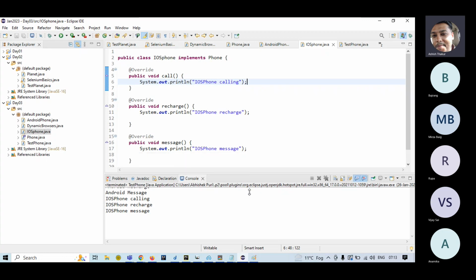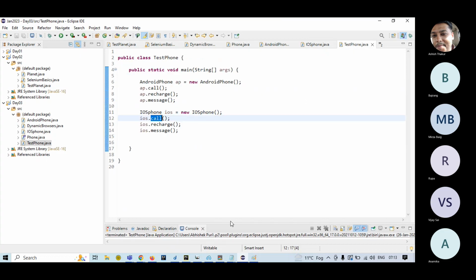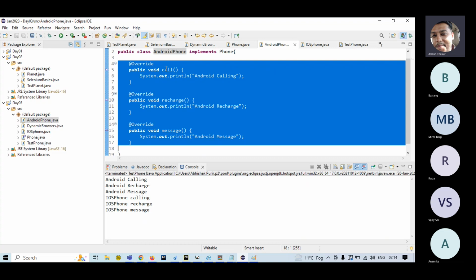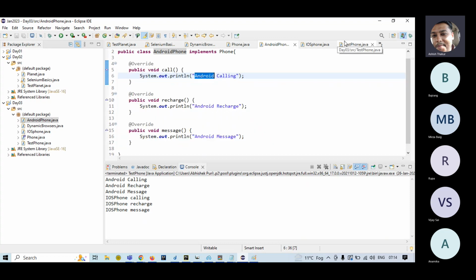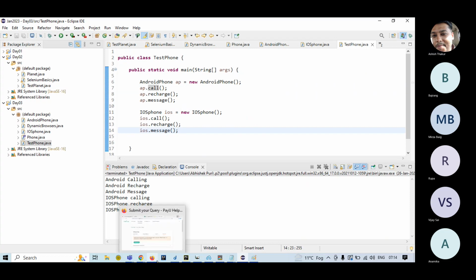All right. So if you run this, you get this output. Android phone dot call function. If you call, then you print Android calling. Right. So basically, if you look at the Selenium